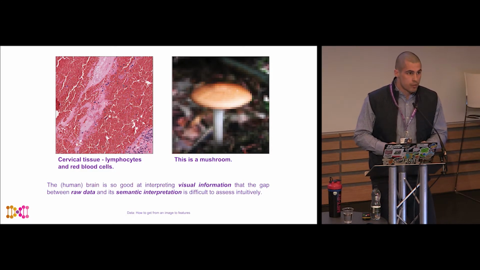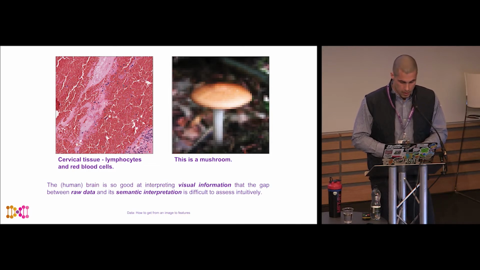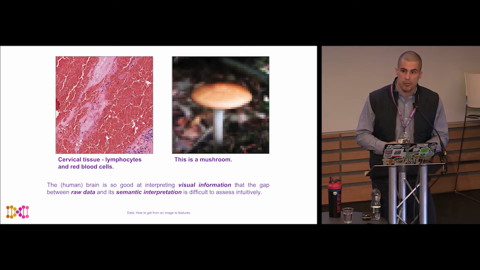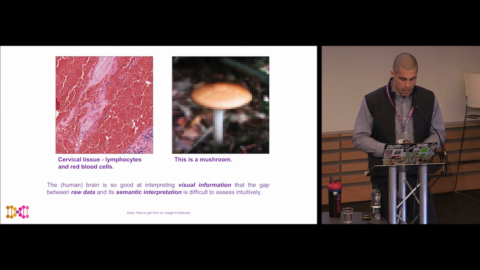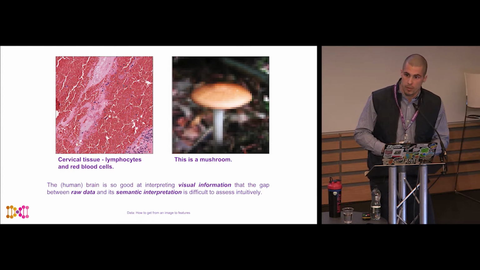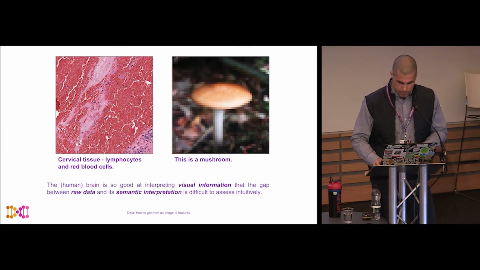Now, it is much harder for the model to do that, to extract some sort of semantic interpretation about the image that it's looking at. This is really the task that we always try to solve within machine learning and statistics: how we derive the best possible features, the visual information about the image we're looking at, such that we get as close as possible to the semantic interpretation of a human about that same data.